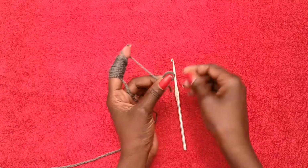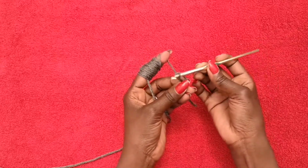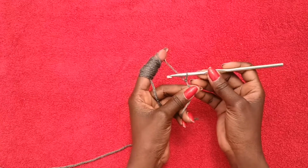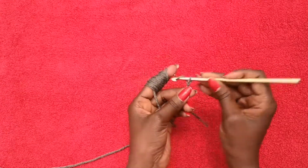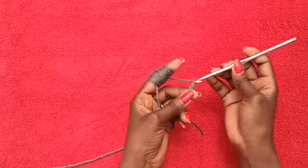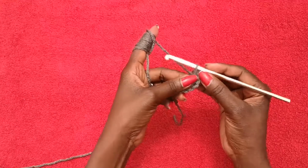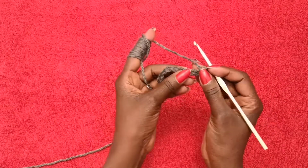Slide it off my thumb, put my crochet hook there, yarn over, go through, let go, pull. That's how I do my slip knot. And now that I have my slip knot, I'm going to do a chain of 11. 1, 2, 3, 4. Now that we have our chain of 11, I'm going to turn my work this way,